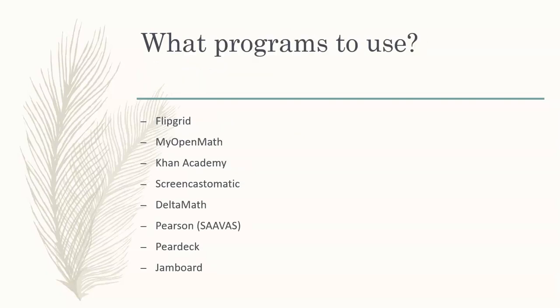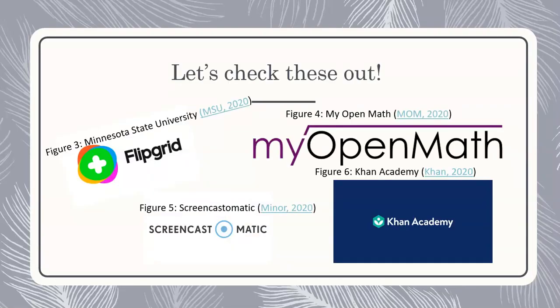What type of programs can we use? Here are some common programs to use specifically for mathematics. Flipgrid, MyOpenMath, Khan Academy, Screencast-O-Matic, Delta Math, Pearson, which is currently known as Savas with our textbook, Pear Deck, and Jamboard. So let's take a couple minutes and look at a couple of these examples to see how to use them